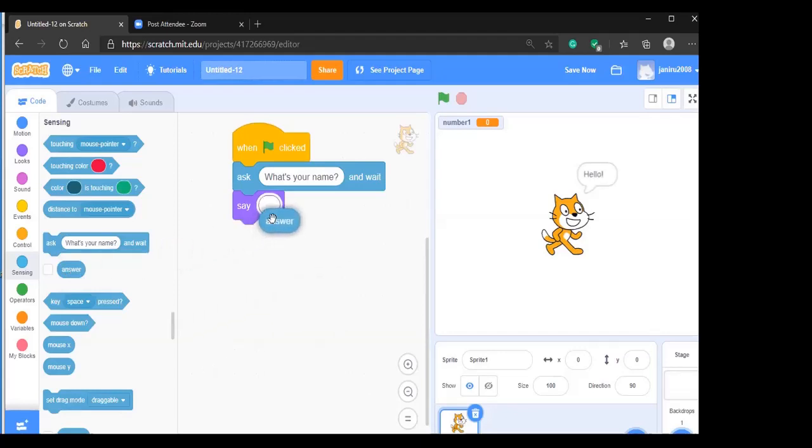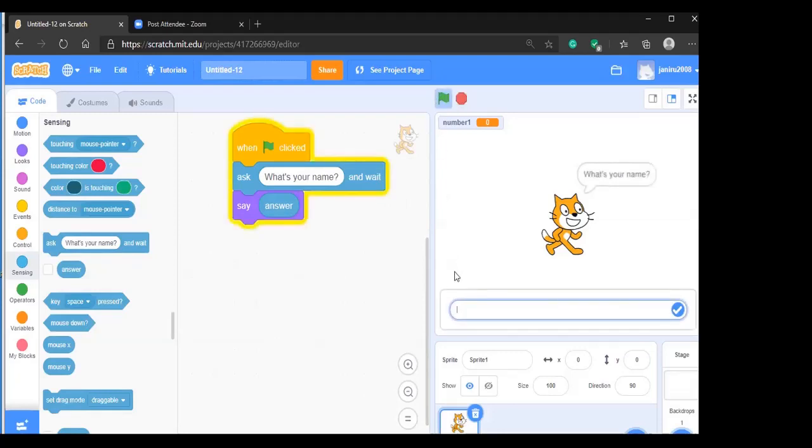So you can get this one and put it here. So now it's not a constant value. Earlier, whatever the name you gave, it will print hello. Now it will print the answer. Now your program is a little bit advanced, and you give some value, and that value will be printed.